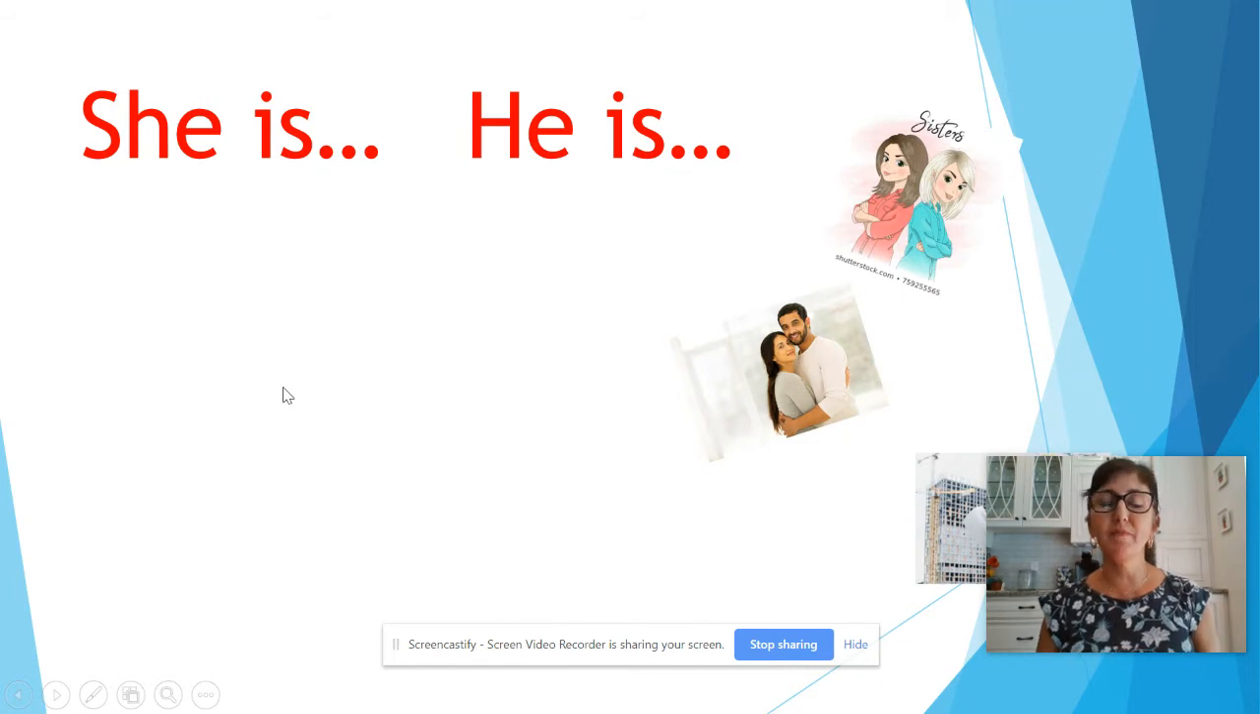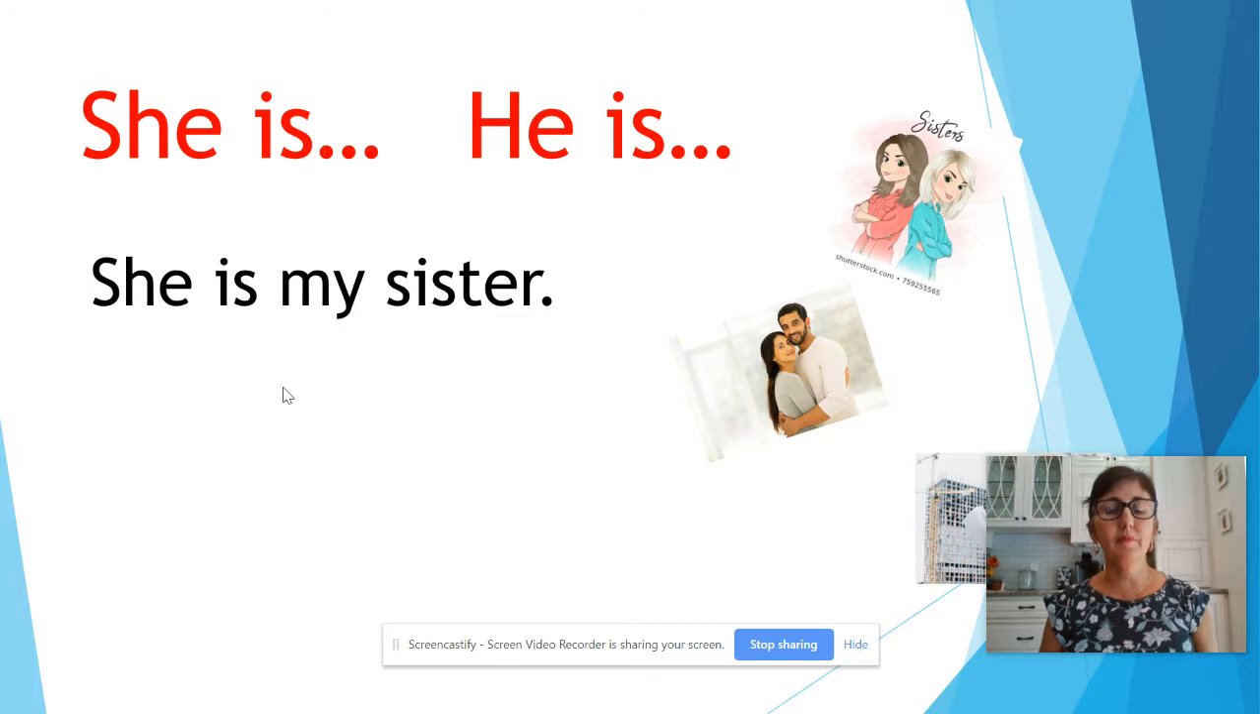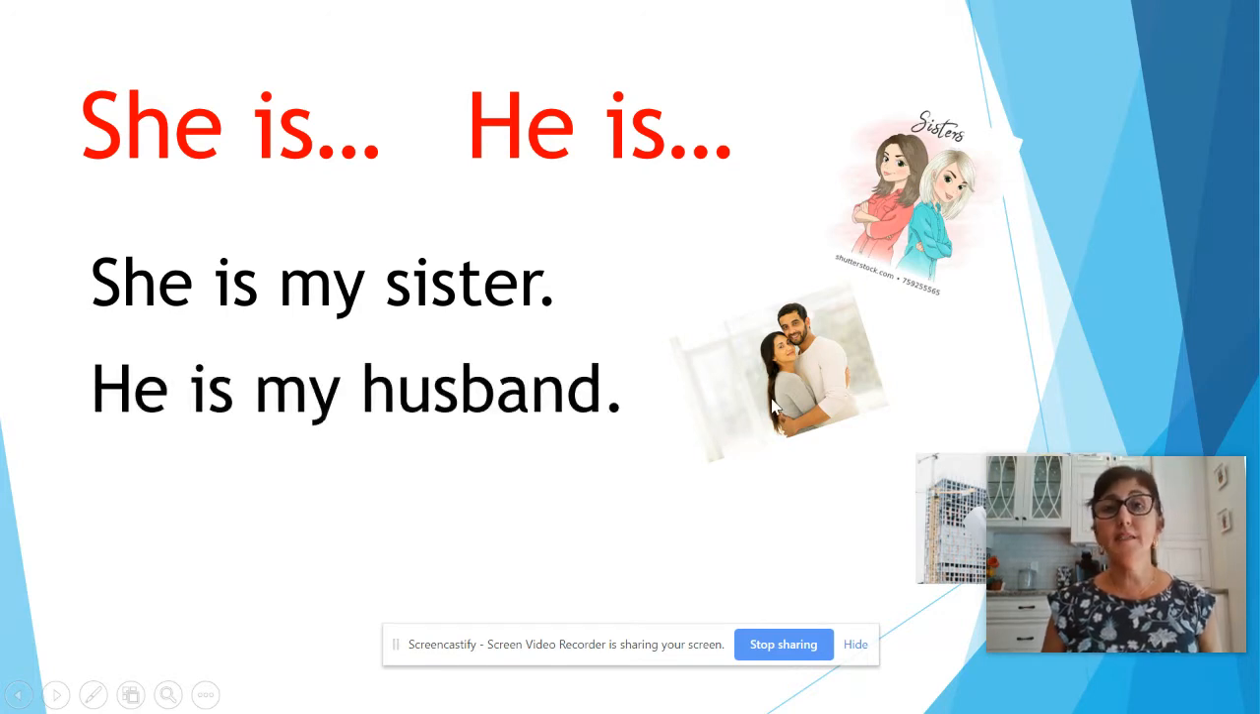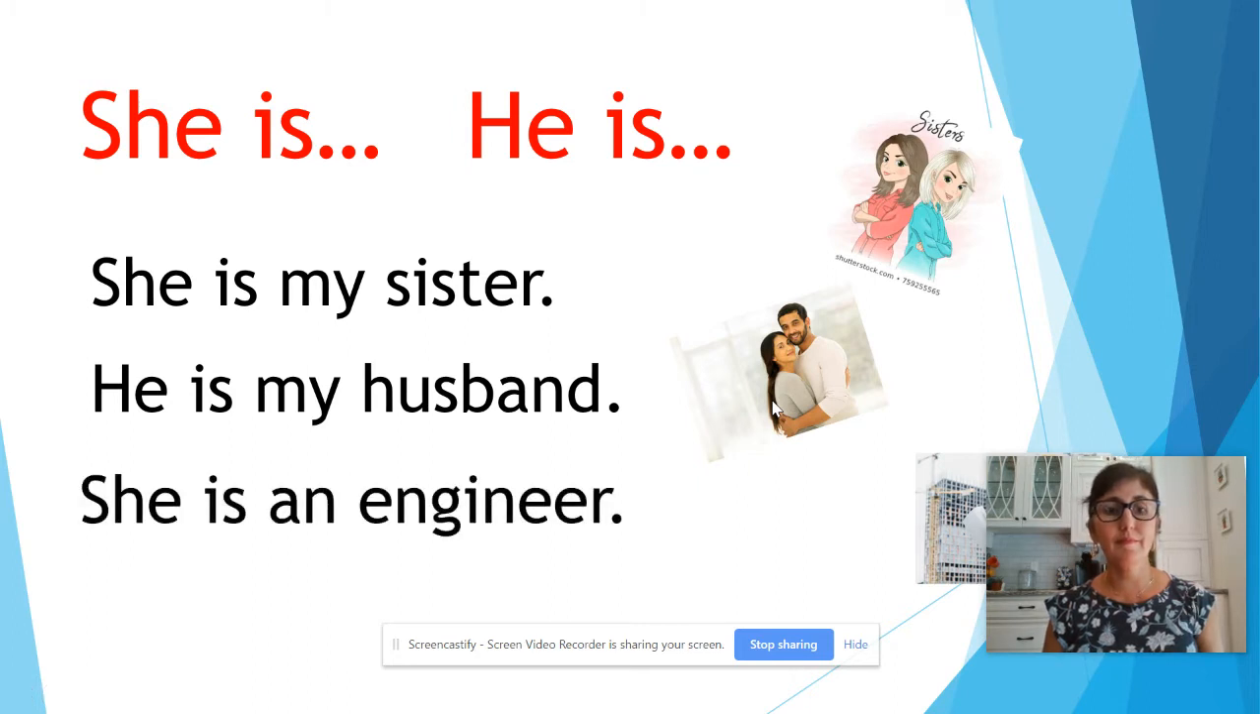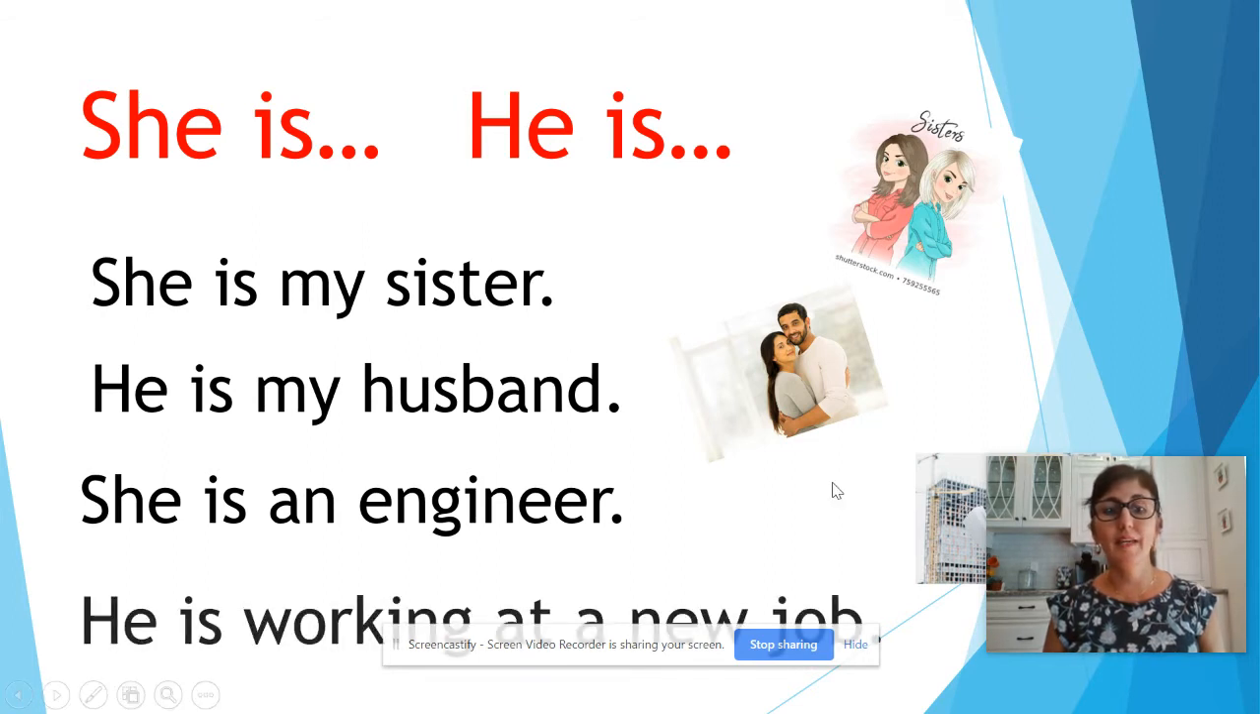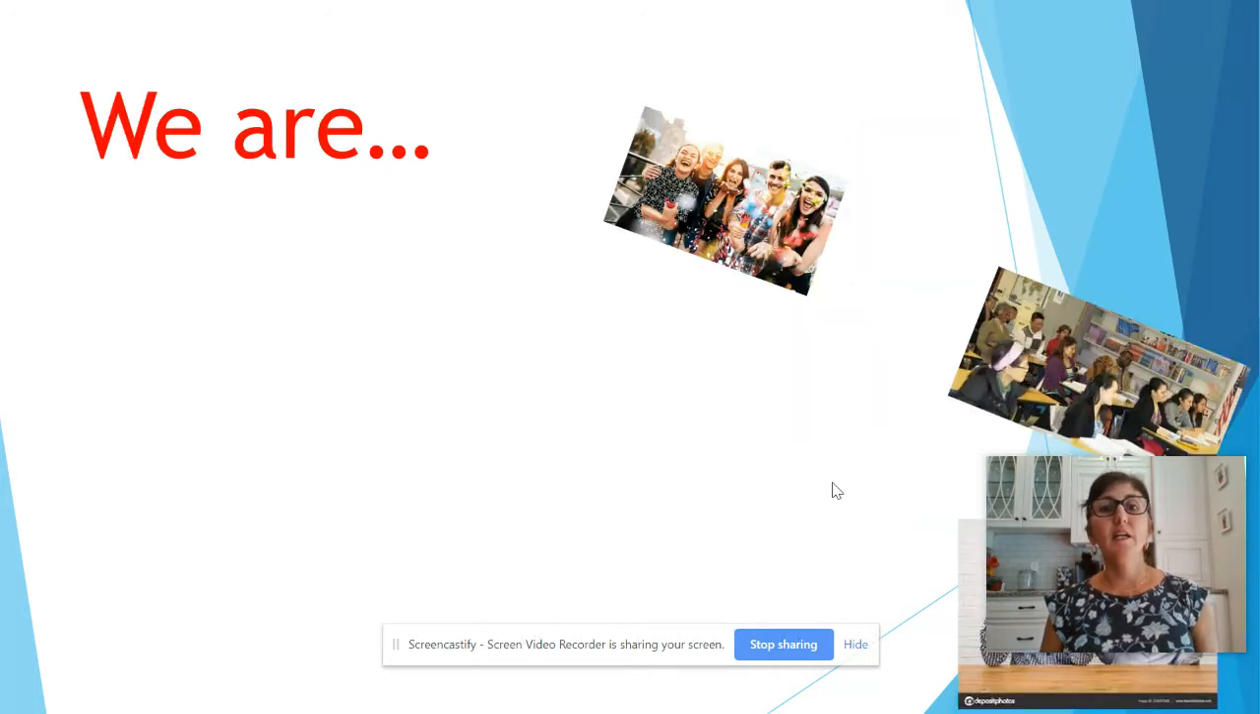Let's keep going. How about she is or he is? Let's practice with those. She is my sister. He is my husband. She is an engineer. He is working at a new job. Very good. Moving on to a plural form of we are